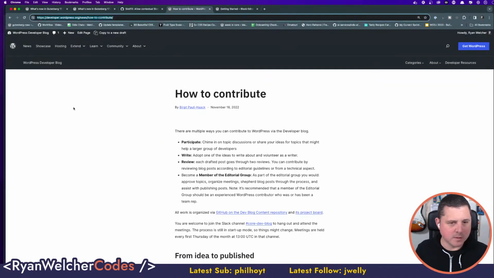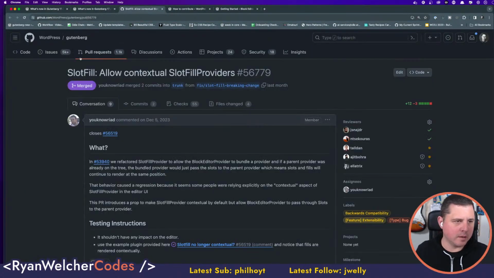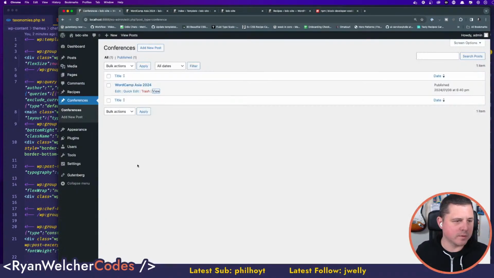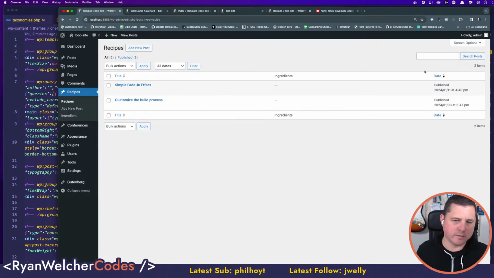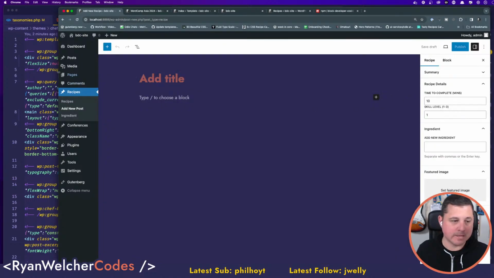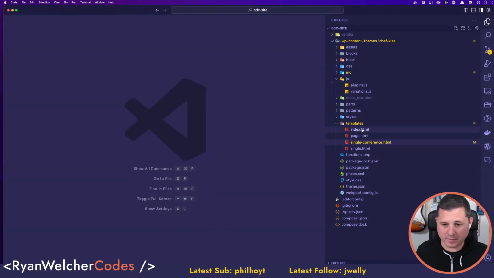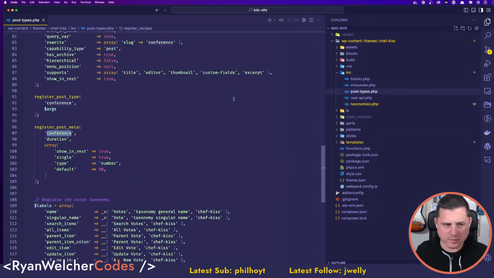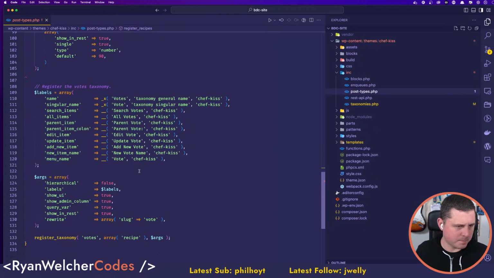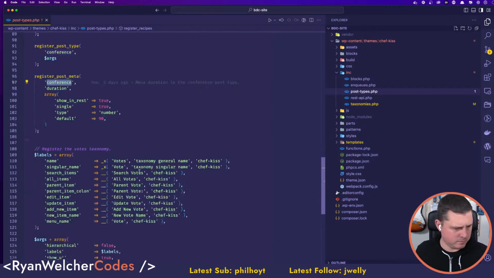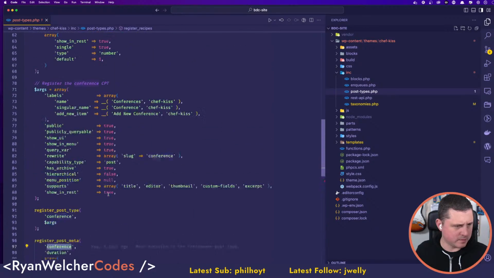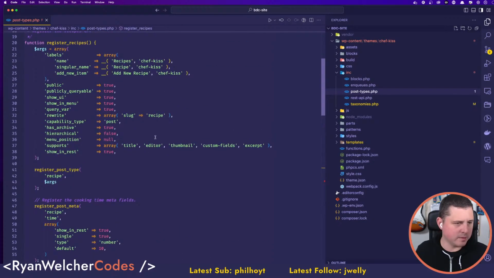Cool. All right. So now that we have that, I'm going to close all these. We don't need to see that stuff. If I go into recipes, I can add another recipe. That's driving me nuts. I don't know if you noticed that or not, but the labeling's wrong.